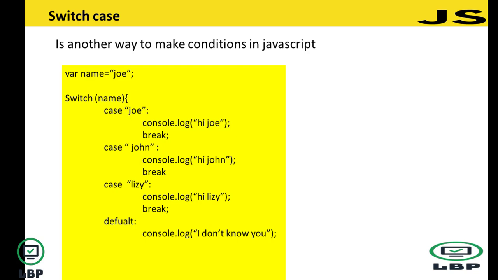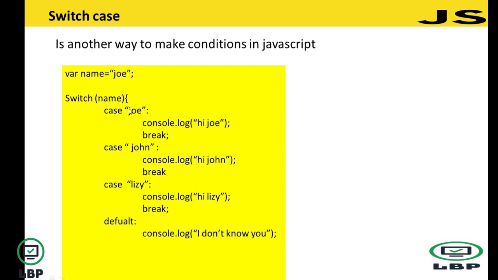Switch case is just the same thing as if else, but rather than making if and else if, we use case. So for example, I create a variable called name equal to Joey, and here I make this switch. Don't worry about the syntax. Switch name means that I will check what is the value of the name. Okay. So in the first case, I will see if